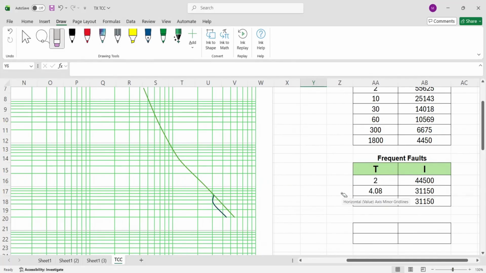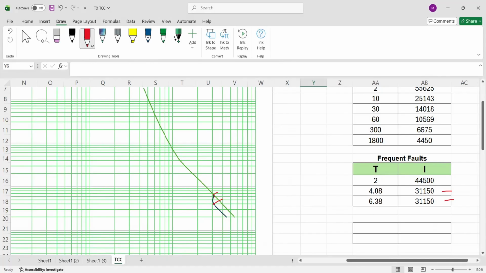So we will plot the curve per line. One is from 4.08 seconds to 6.38 seconds. It should be a straight line because their fault current is the same.